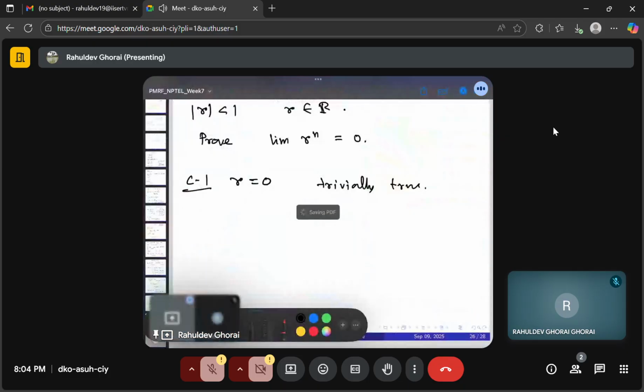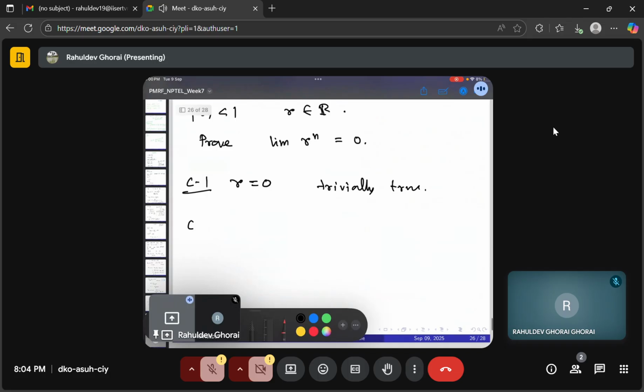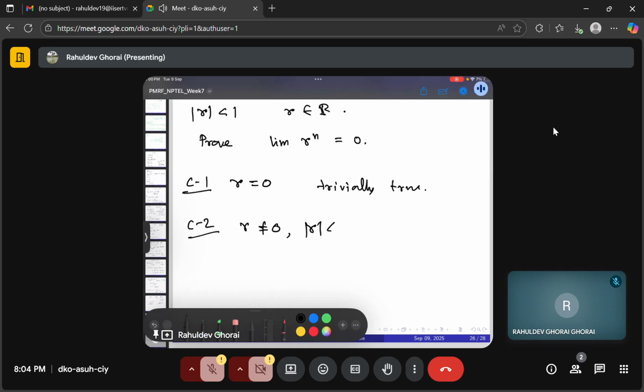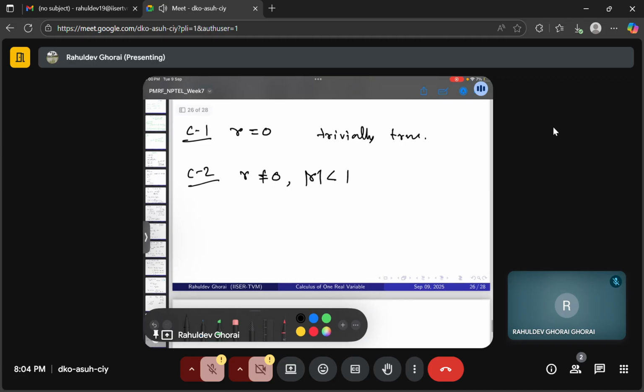What happens when case 2, r is not equal to 0, sorry, not r is equal to 1, mod r is less than 1, right? So what does that mean? That means 1 over mod r will be greater than 1, right? That implies,